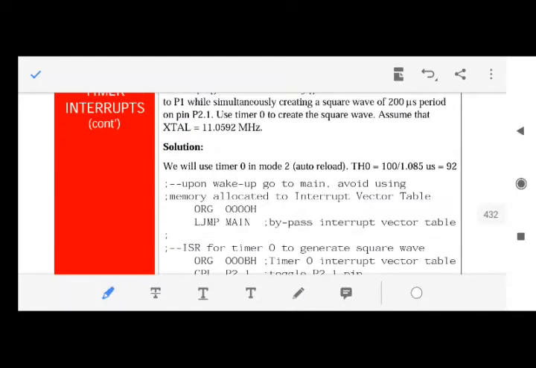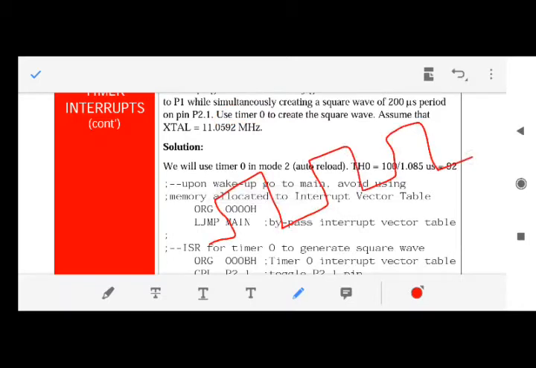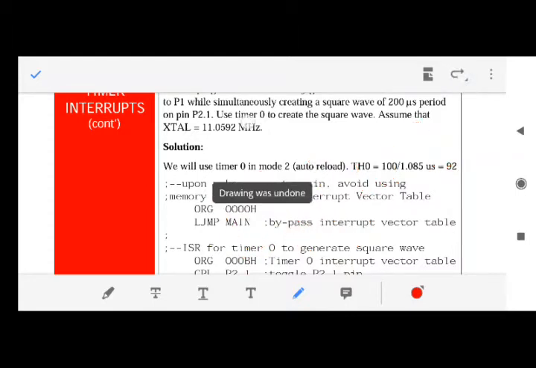And they have also told that for this purpose we have to use timer 0. How to use timer 0? Actually, if we are creating a square wave from a particular pin, that means we have to make the value 1 for some time and make the value 0 for some time. And how to calculate that time, or how to do that for a particular time, for that purpose we have to use timer. Fine. So they have already told us that we have to use timer 0. Fine. So how to do that, let's see.